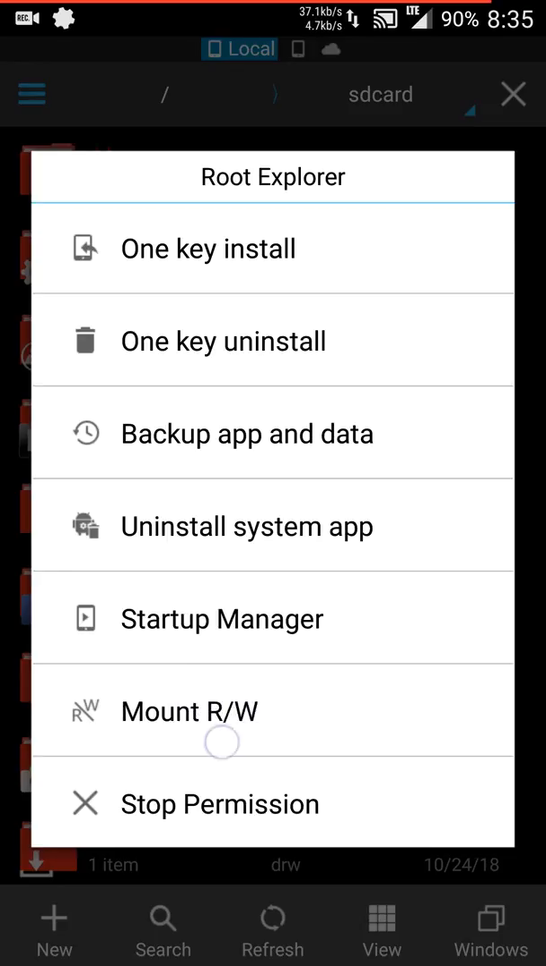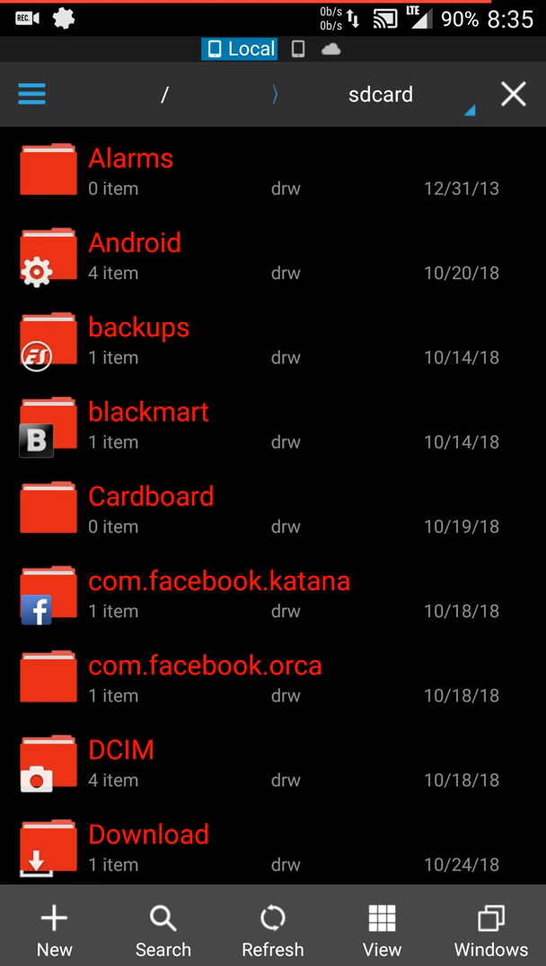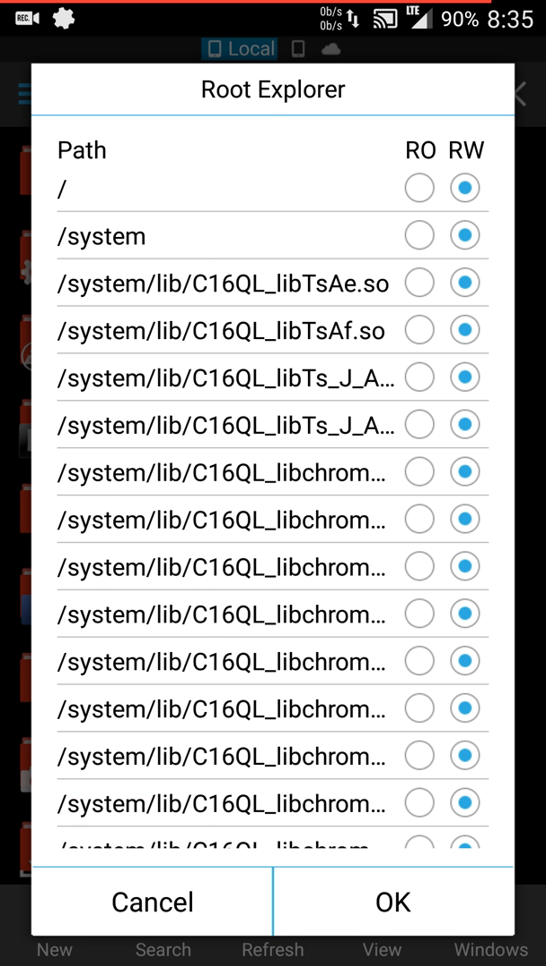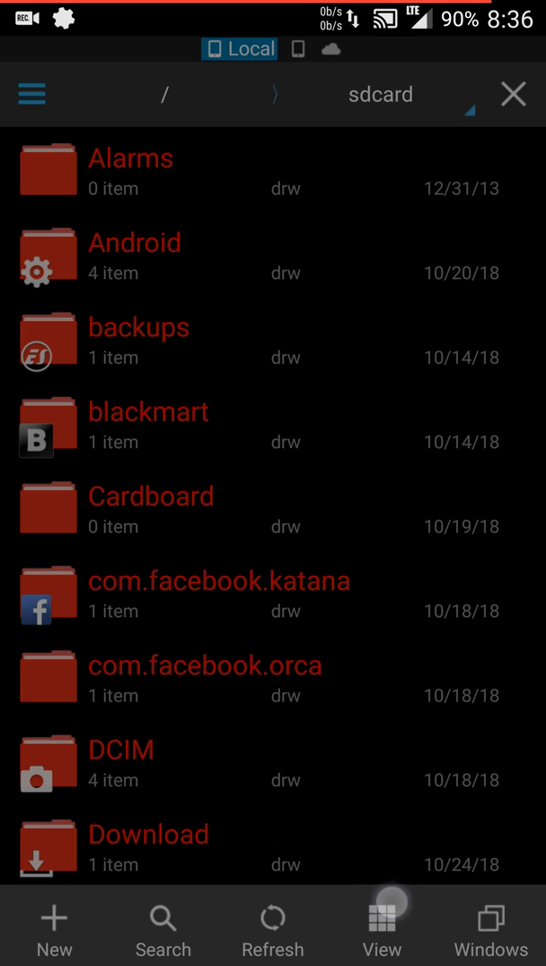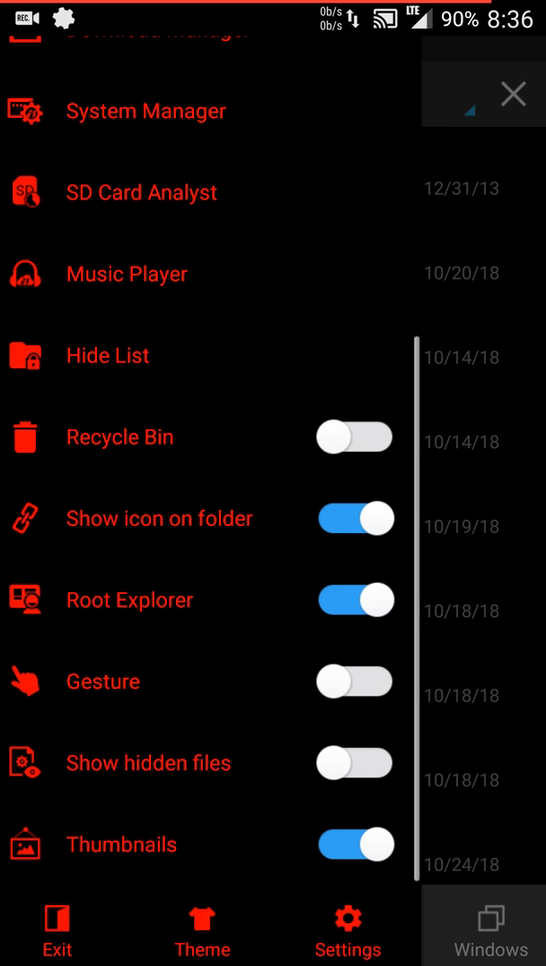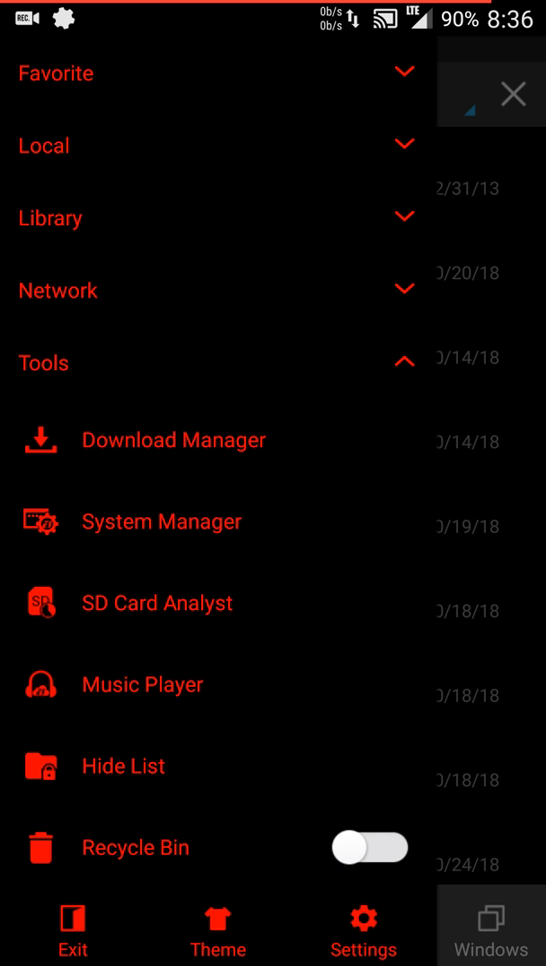This one here is mount, read, and write. And what we're going to have to do is mount the system to read and write, because that's where the file we're going to be changing is. And as you can see, mine's already mounted for read and write. That's the RW. RO means read only, and that's if you just want to look at it. But we're going to mount it for read and write because we're going to have to alter it. I'm going to hit OK, and then I'm going to go back up here and hit the